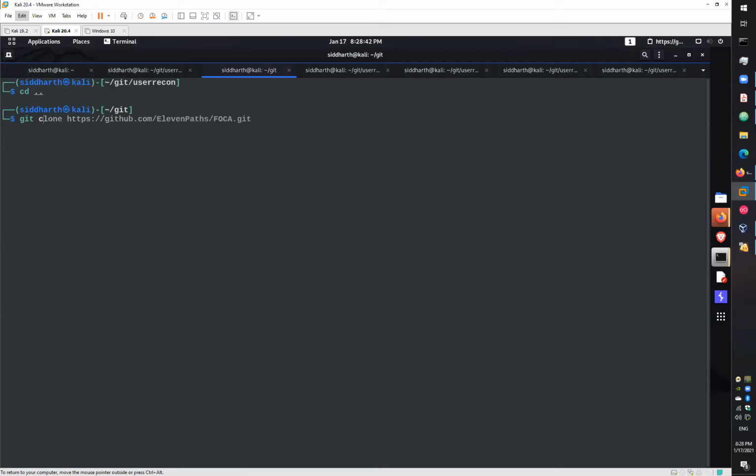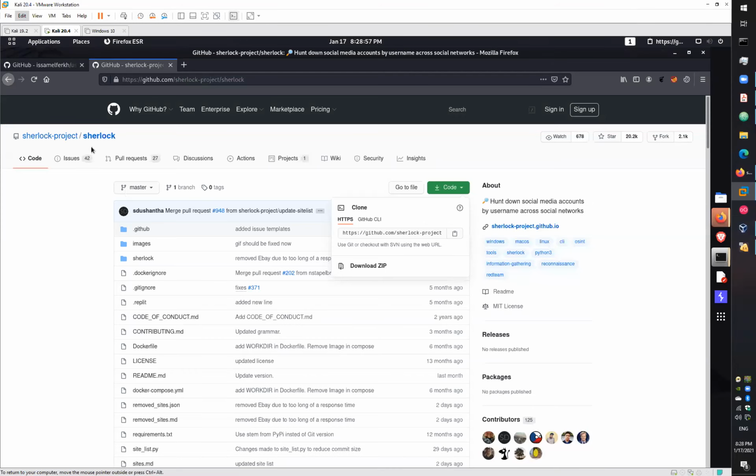I already have this tool. You copy the URL and come back here: git clone. It will download the Sherlock repository from GitHub.